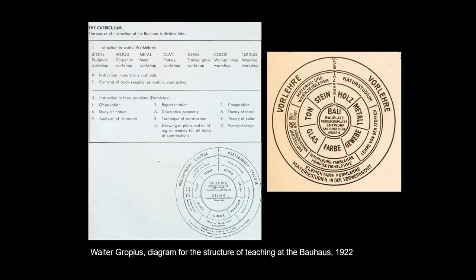And they create a system of teaching that is different than what anyone else had ever done before. They really believed in a holistic view of design. That is, that the designer should impact every aspect of life. Everything in your life shouldn't just be left to chance. Everything should be unified in its design. Everything should work harmoniously together. And a student should be just as able with steel and concrete as he is with textiles or fabric or paint. And so they had this system, and you can see they've diagrammed it out,